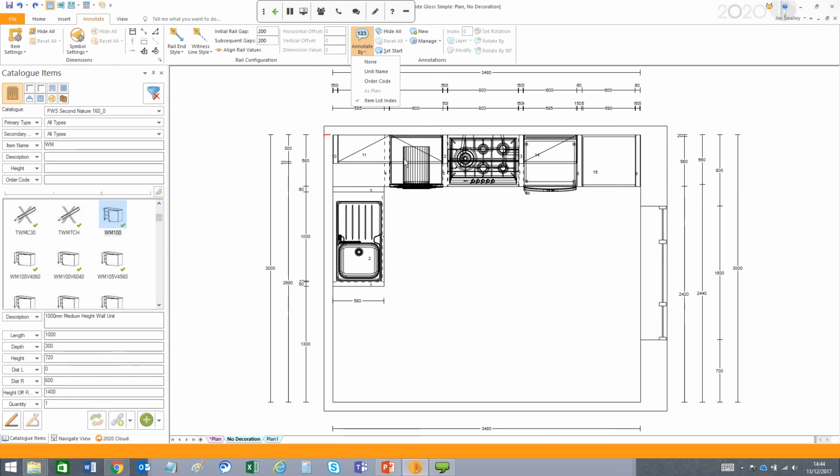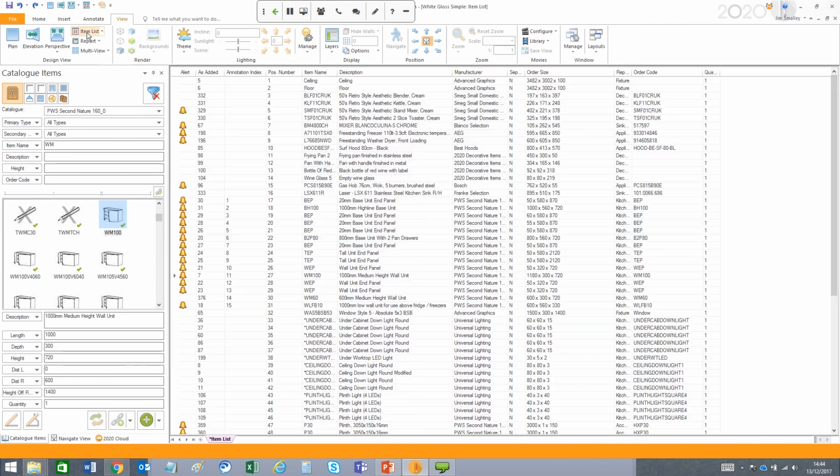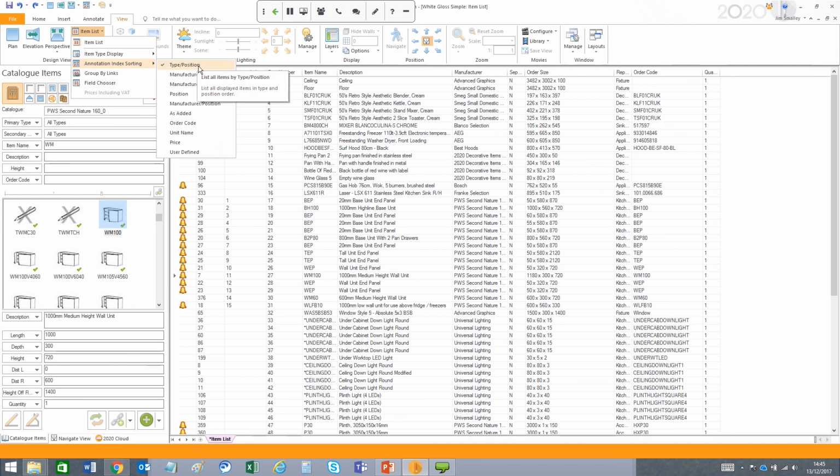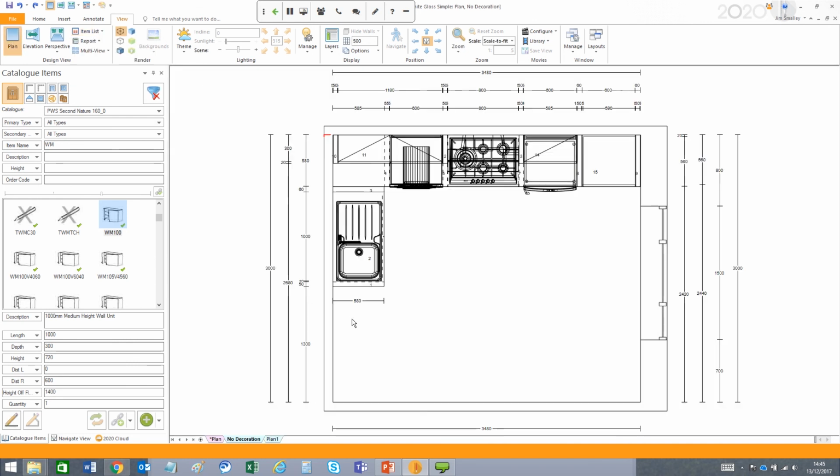But it is the item list now that drives the mechanism for the sorting method that you use. So you'll be familiar with an item list, you have the annotation index sorting methods. Well, now the method that you choose in here will drive the annotation numbering that will take place both in your plan and elevation views. Also within plan and elevation view,